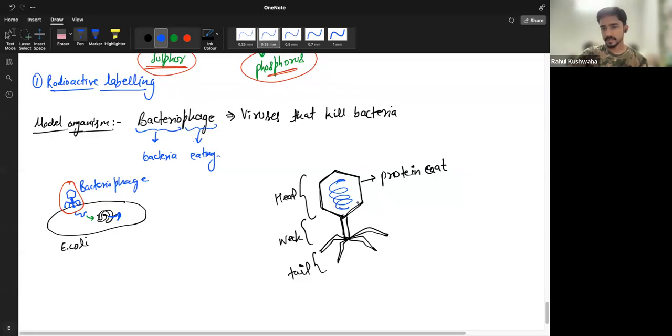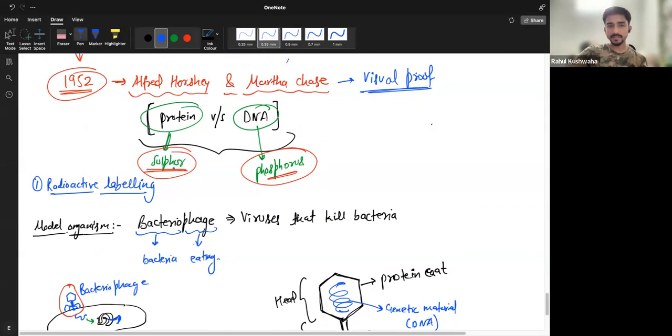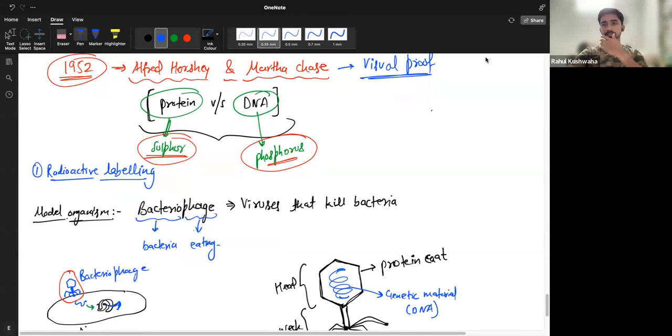So this is the genetic material, which is the DNA of the virus. Now, there are only two things in this system, so it becomes very, very easy. So what they did, as we discussed in the last class, they figured out that sulfur is exclusively present in proteins, and phosphorus is exclusively present in DNA. So they radio labeled,